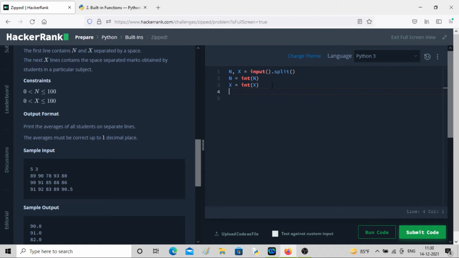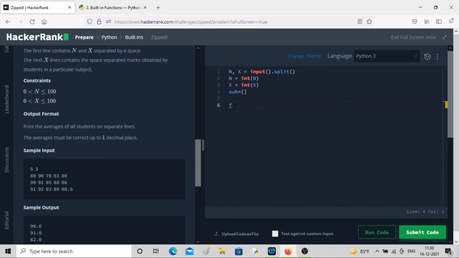So let me define sub array where I'll store the subjects. So value of n is 5 and value of x is 3. Now we have to store these numbers. So let me write a for loop, and it will run for x times because 1, 2, 3, these are the number of subjects, right? So x is our number of subjects.